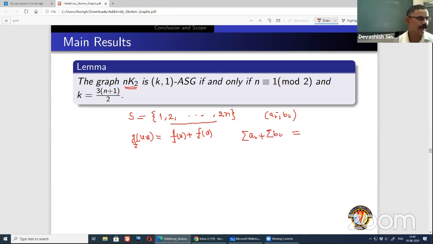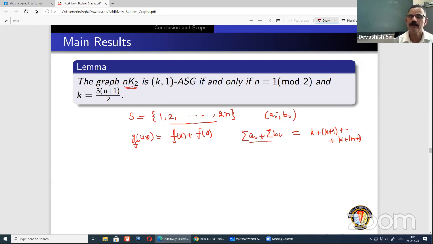Okay, so on the right hand side, I'm just going to take the edge labels starting from k, then k plus 1, and so on, up to k plus q minus 1 into d. So n is nothing but q here. I just take k plus n minus 1 into d. Here d is 1, so this is n minus 1.